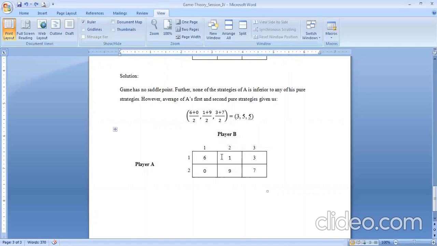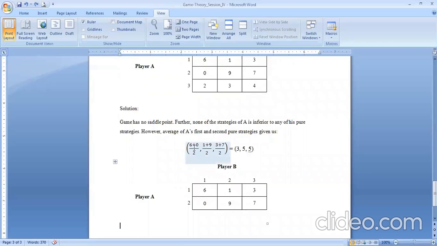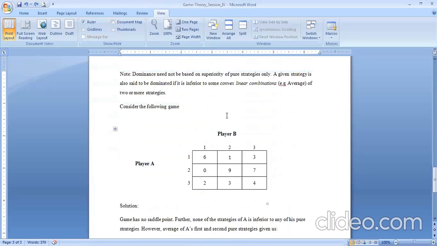Either the columns or rows containing 2 numbers is enough to solve the problem using these methods. So here there are 2 rows, so this can be solved by using the graphical solution. I hope you have understood that taking the average is also permissible for applying dominance.